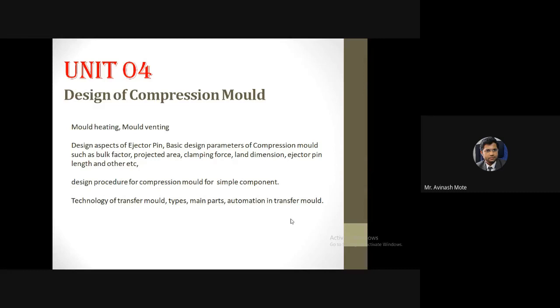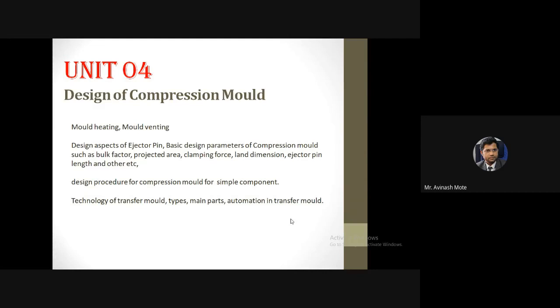And if the components are too large and hollow from inside, then blow molding is preferred, because to produce a large component in a setup is quite difficult.